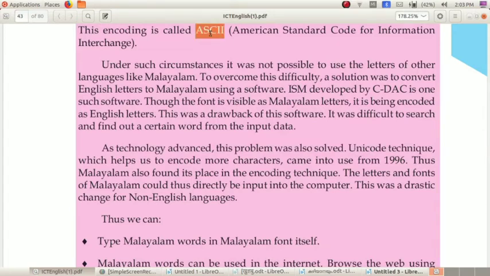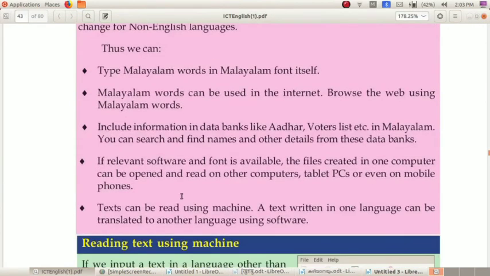In ASCII codes there are limitations because only 255 characters can be encoded, but now by the use of the Unicode technique we can convert any language to binary language, which means machine language. Okay, now we can type Malayalam in Malayalam font itself. We don't need to convert it into English. Okay, we can type directly in Malayalam.